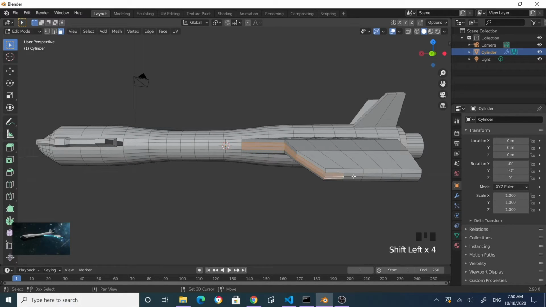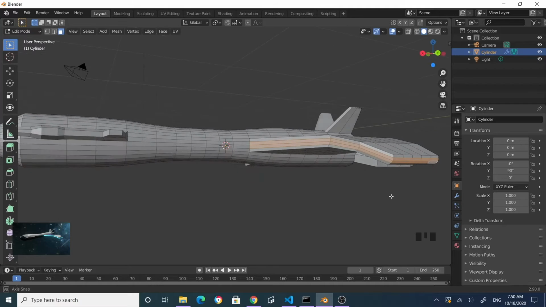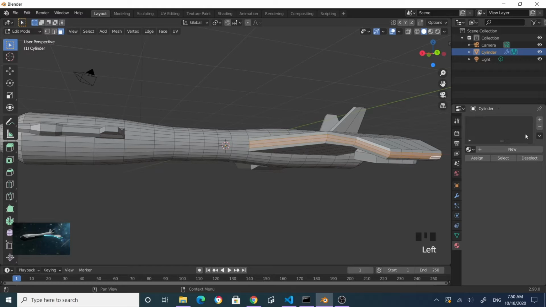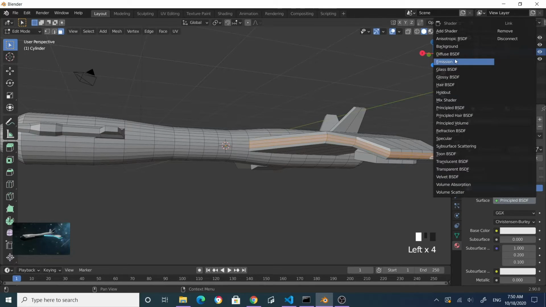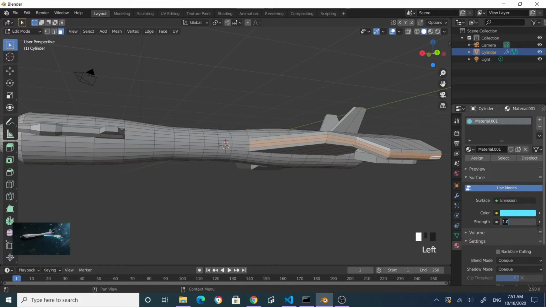So I'm selecting this line. I want to have some kind of glowing stripe along this line. So I come over here and add a new material, new one. Select emission from this list and then select some science fiction color, and then make the strength maybe 2, and then also select the